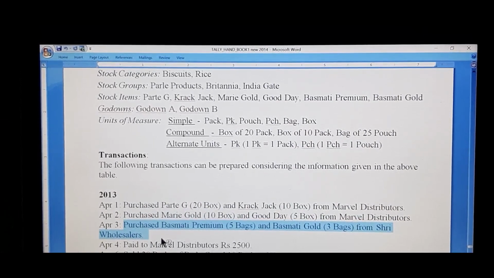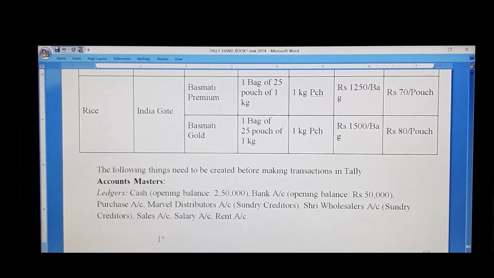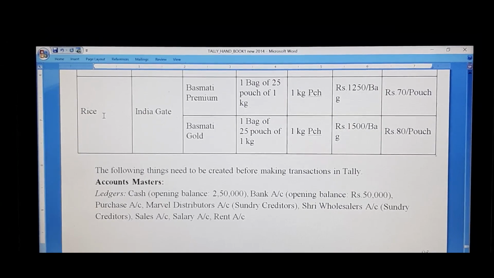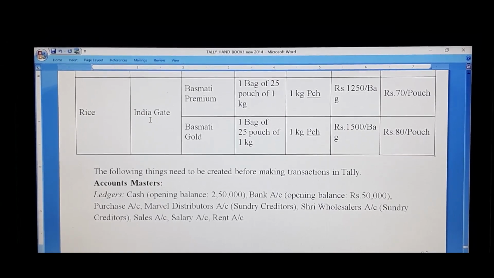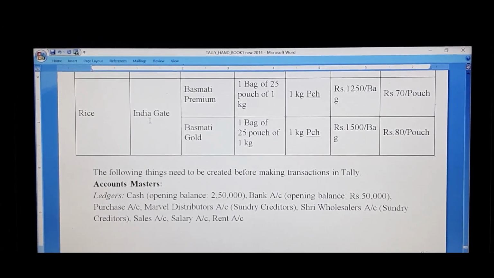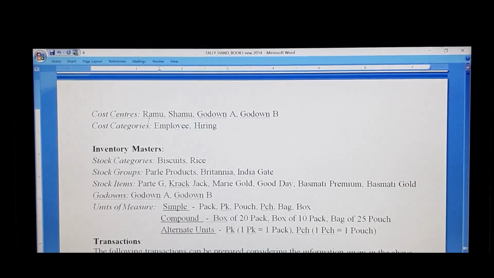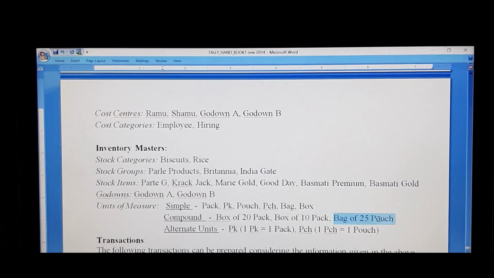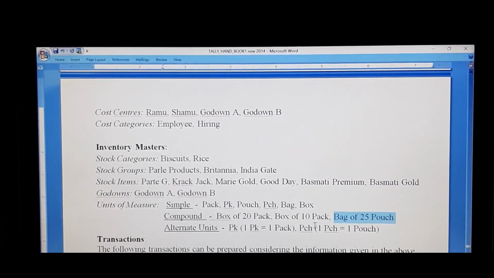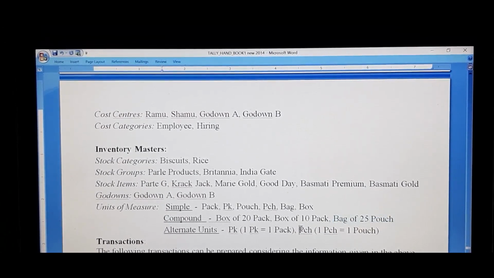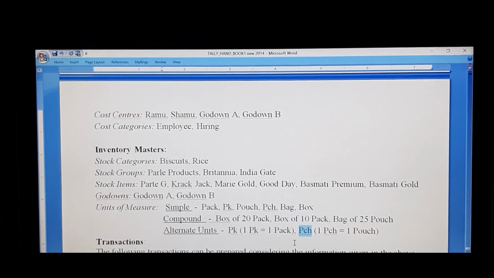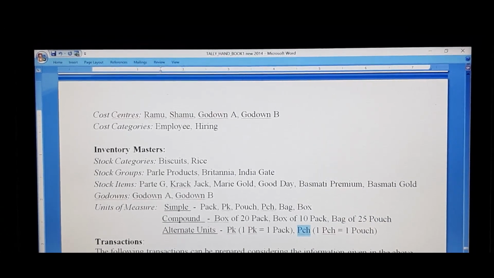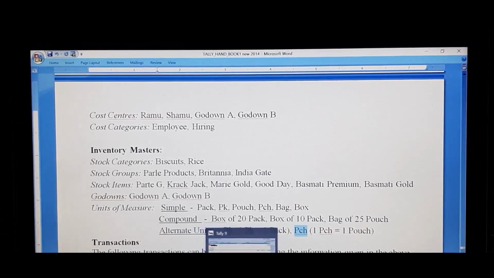Apart from that, we have to create stock category Rice and stock group will be India Gate. As well as we have to create compound units of measure, bag of 25 pouch, and the alternate unit will be PCH. Let's go back to Tally for recording this particular transaction.